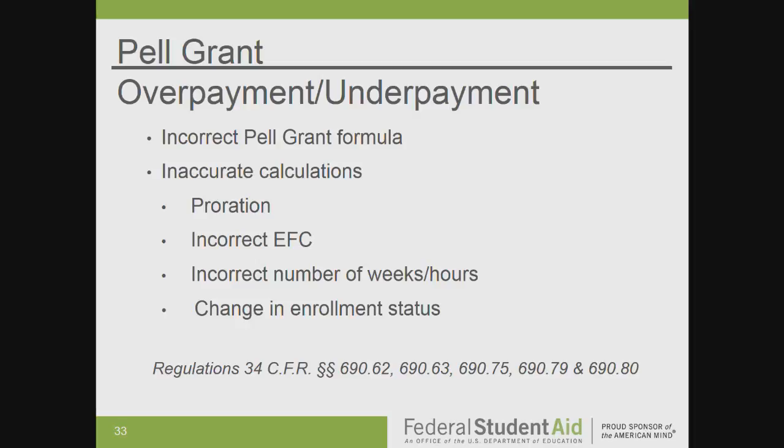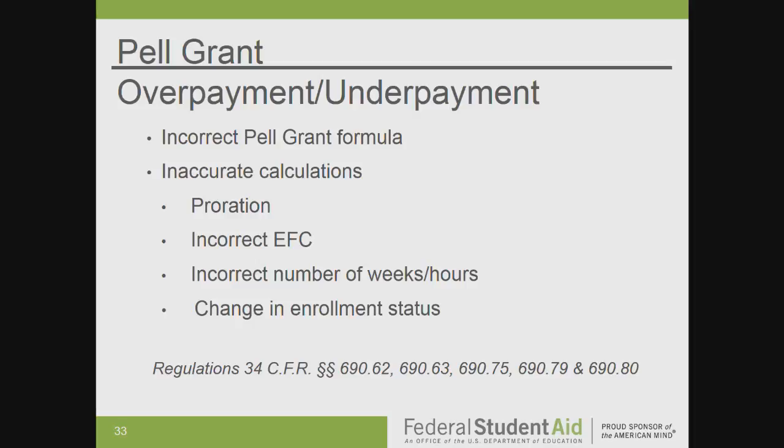Now, some solutions to prevent this finding: you want to have documented awarding, disbursement, and proration policies and procedures. Establish internal controls and procedures to verify enrollment status before dispersing aid. I've gone on reviews where schools disperse full-time, full-time, full-time, and then go back to see the student's actual enrollment